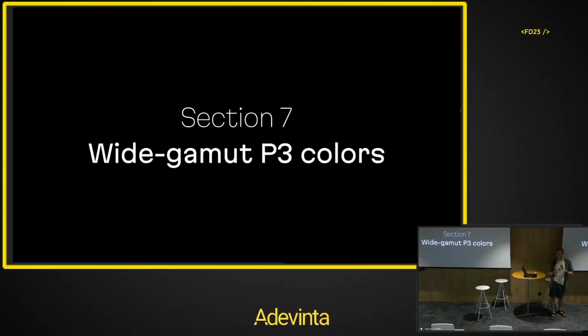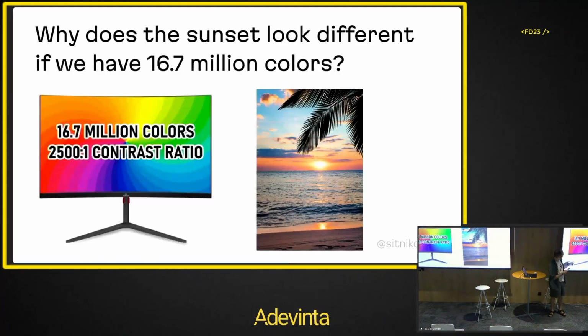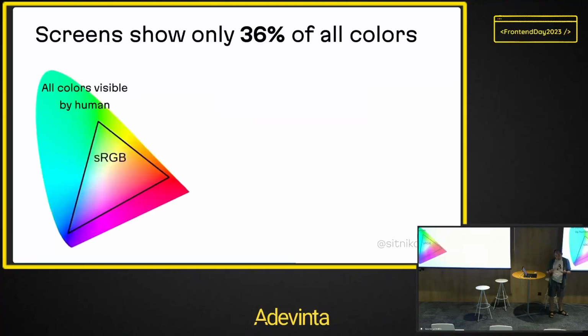Okay, what about P3? I mentioned that P3 is a big thing. Do you remember that advertisement that your monitor has 60 million colors? But as I mentioned, it's not enough. It doesn't represent all the colors which are visible on Earth. This is because our current screens can display only this small part of the colors. And this is all the colors visible by human eyes. So only 30% of the colors can be